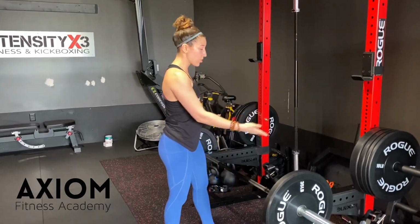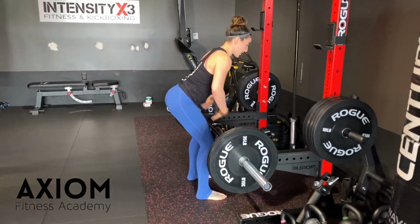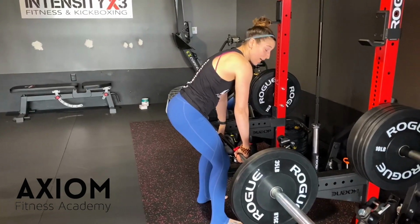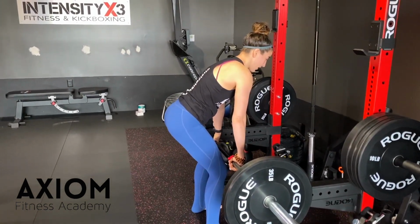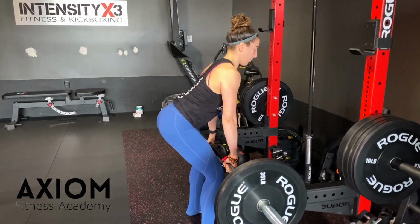All that really means is engaging your lats before picking up the barbell off the ground or off wherever you're picking it off of. It looks just like this before even picking it up. Driving those hips back, tummy's tight, getting that nice solid hip hinge. Here's without removing the slack. And now once I remove the slack, I'm just driving those shoulders back and down, really pulling the barbell and